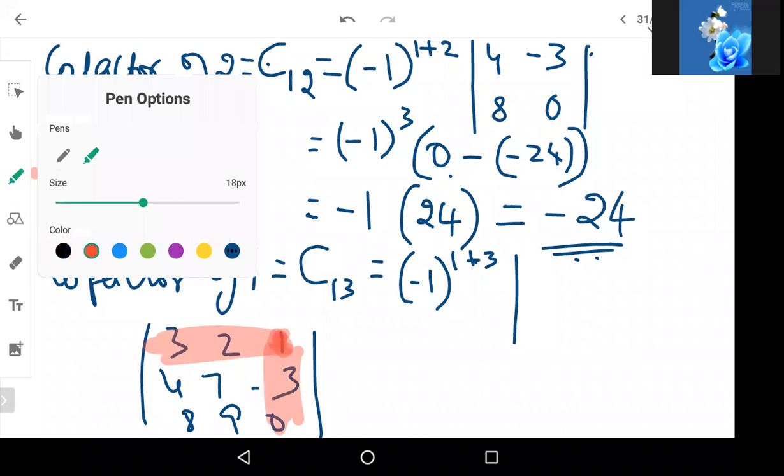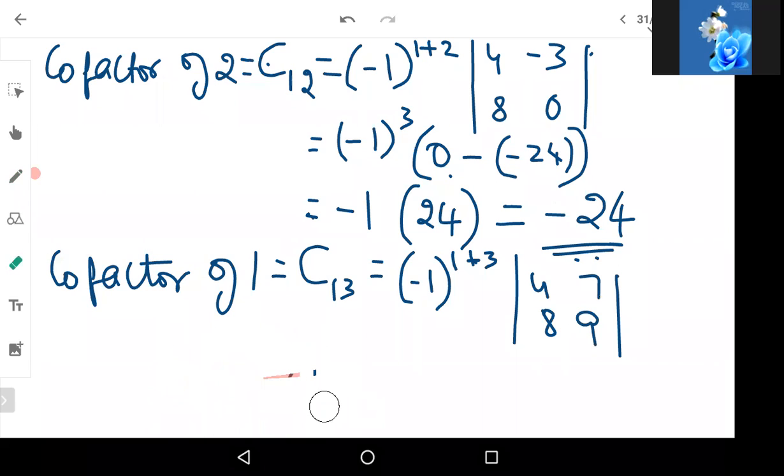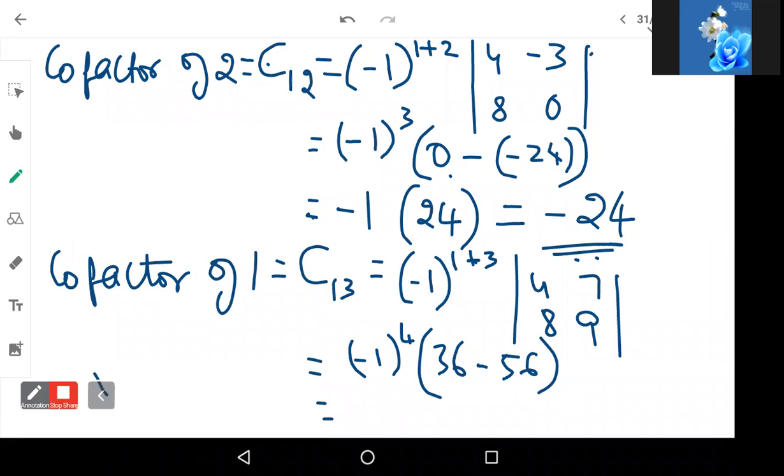What is remaining? 4, 7, 8, 9. Now find the value of this. Minus 1 to the power 4, and then simplify: 4 into 9 is 36, minus 8 into 7, 56. So always understand